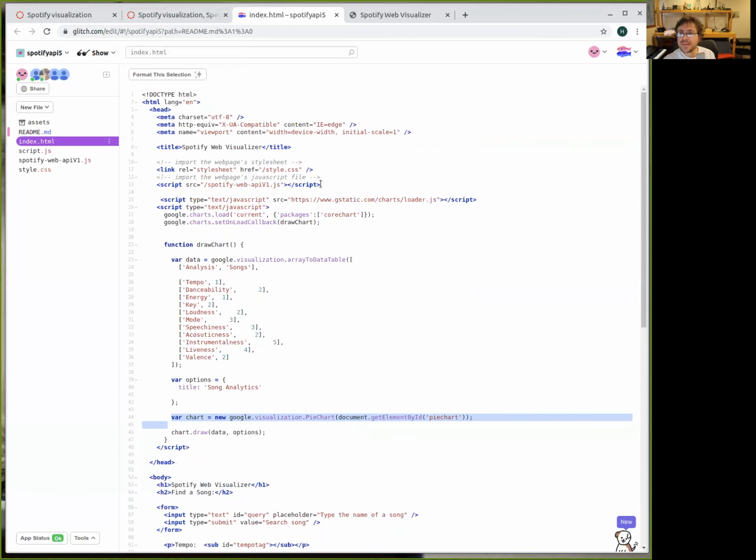It's interesting that you did that search. So you went to gstatic charts loader, you load the library there, and then you load the chart, and then you set up certain things for the callbacks, and then the function draw chart. Okay, what is the problem with the function draw chart?